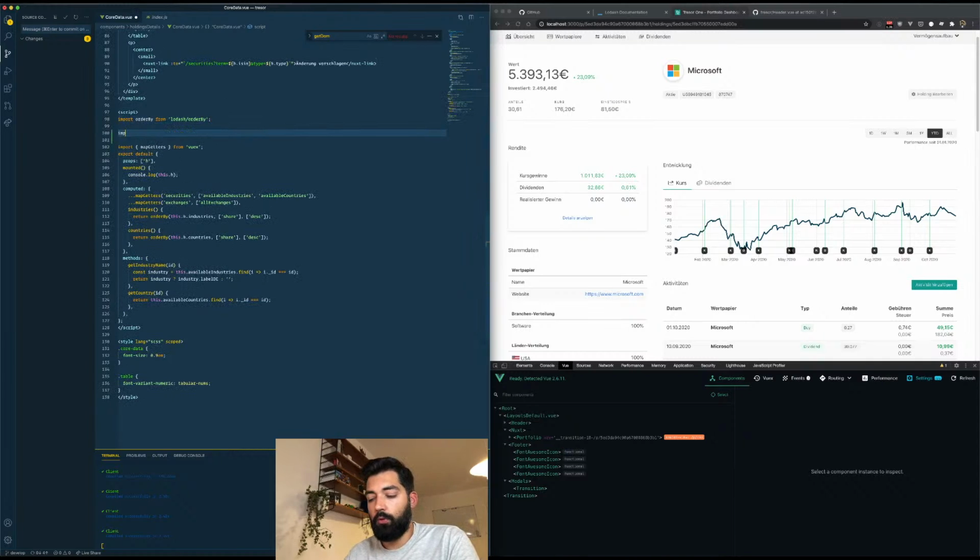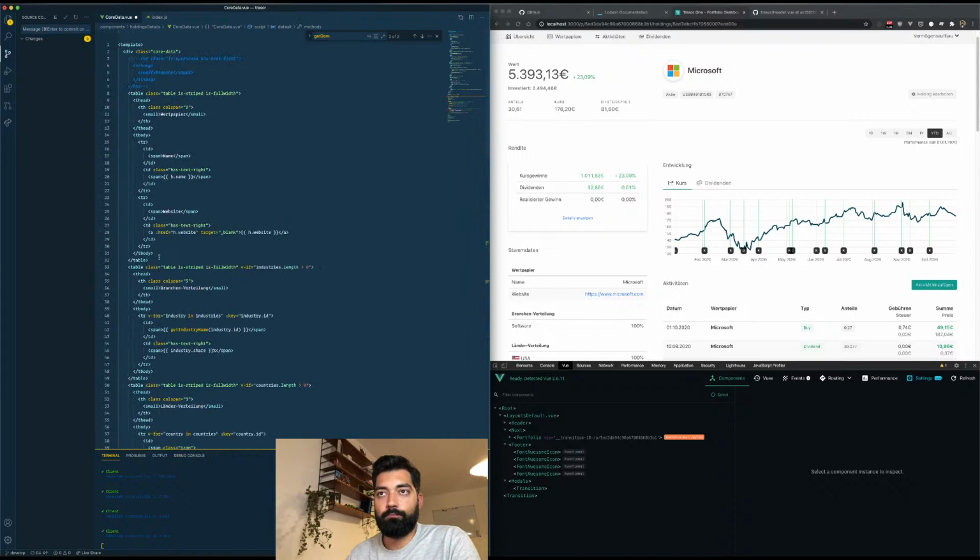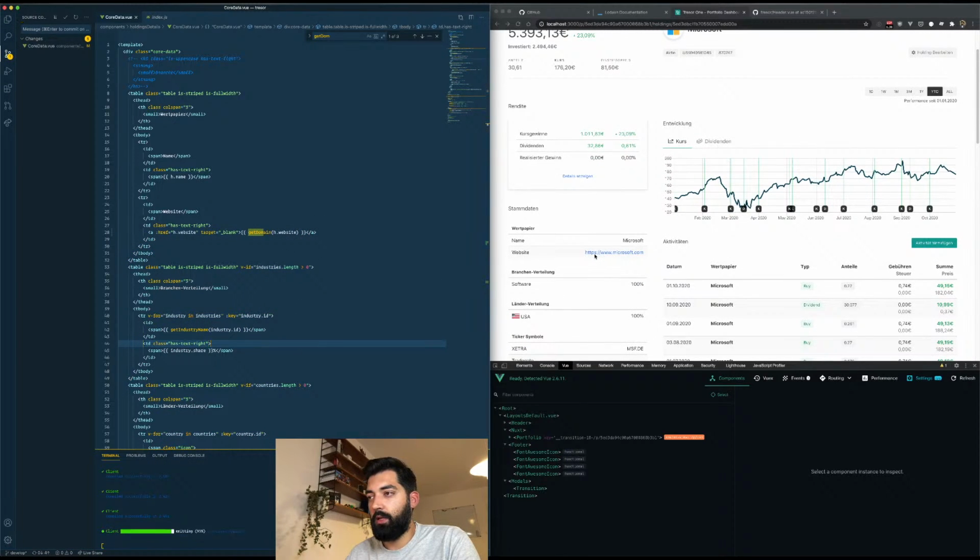I would import get domain from my helper. I would pass this on to the component. Then I can use here get domain. First of all, that means it's not displayed with HTTPS, it's just displayed like this, which is great. And second of all, here I can